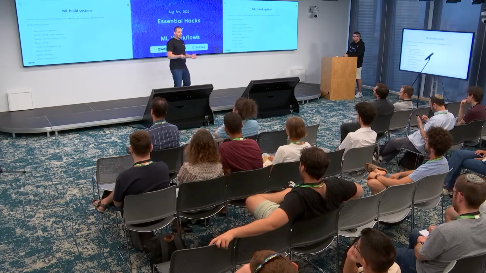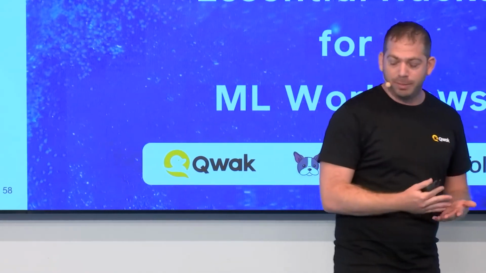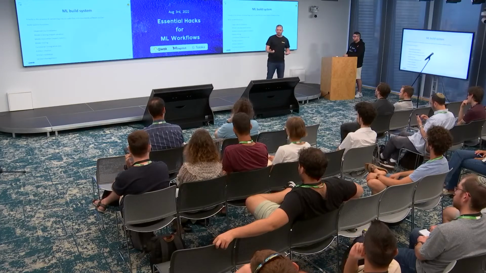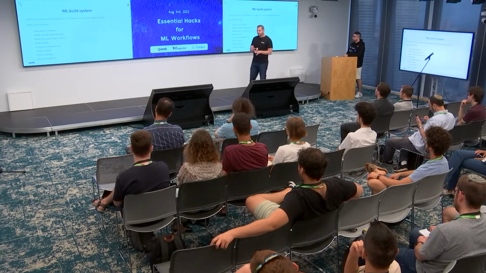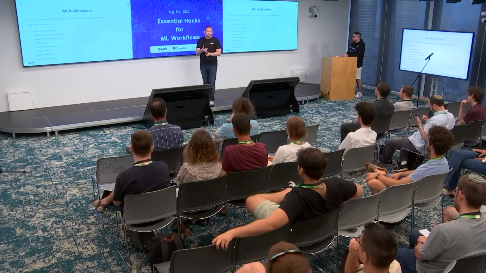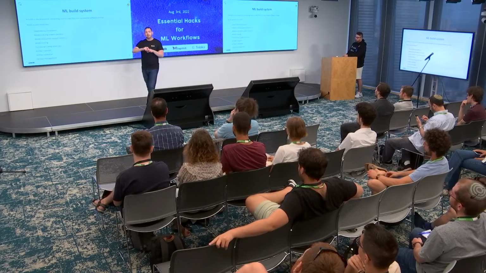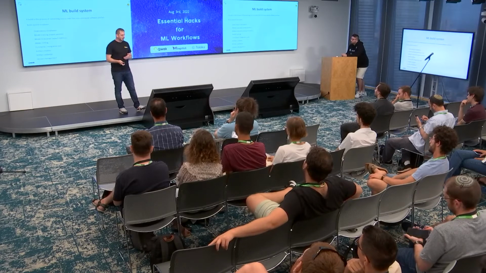Second is model training. So you still need to run the model training, but you also want to have the ability to reproduce this training. So you probably need to save things like the metrics and the parameters that were used for a specific model training, the code that was used for this training, the data set maybe that was used for this training. So it's not just running the training, it's saving all this metadata that connects to the specific training.